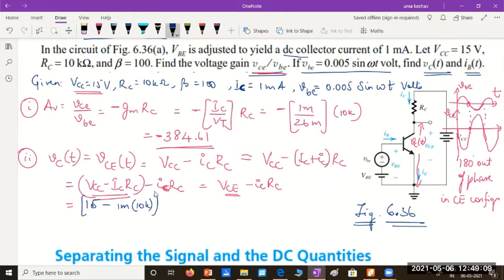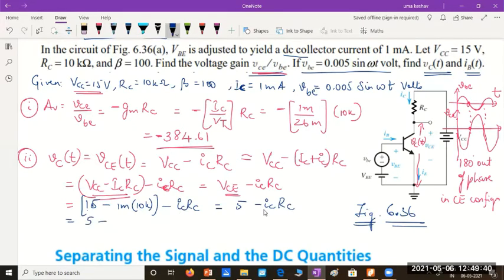So VCC minus ICRC I can find here, minus small icRC we are yet to find. How much will this be? 1 milli into 10K will be 10. 15 minus 10 is 5. 5 minus small icRC, which means,